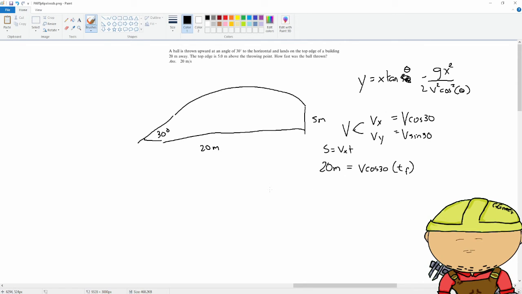And for the 5 meters from the projectile motion, we can do S is equal to V1t plus 1/2 g t squared, 5 meters above is equal to V sine 30 t